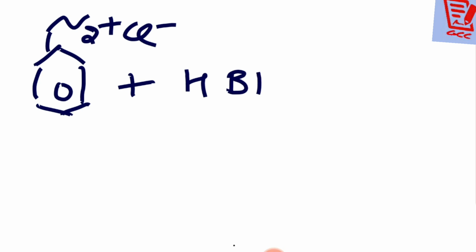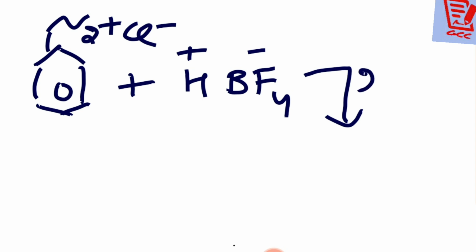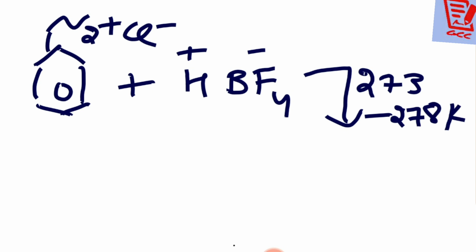Same way, we can also prepare the fluoroarenes, but directly it cannot be prepared. So what we are going to do there, you just see, all of you: there is N2+ Cl-, benzene diazonium chloride. Here I am writing HBF4. Okay, student, just remember one thing: H is always positive, BF4 is always negative. And don't forget to write the temperature condition, 273 to 278 Kelvin.